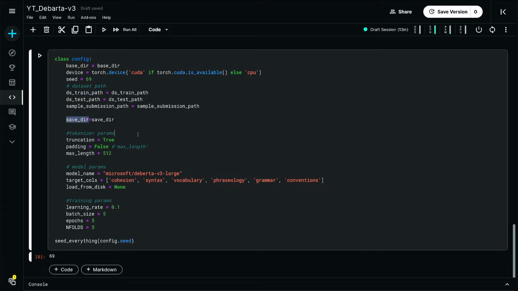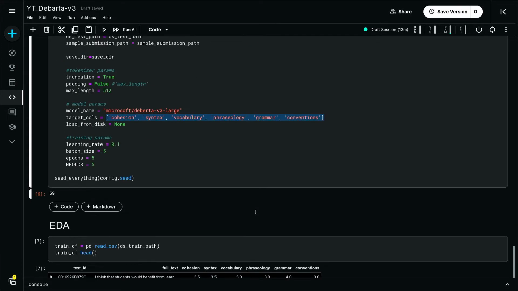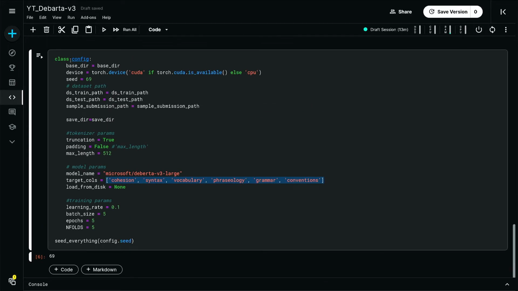And then tokenizer parameters, truncation true, padding false, max length 512, model name, I'm using Microsoft Deberta-v3-large. Target columns are just the different column names that we need to predict. Learning rate 0.1, batch size 5, epoch 5, and folds 5. Okay, so that's my configuration, and I'll be using this configuration many times.